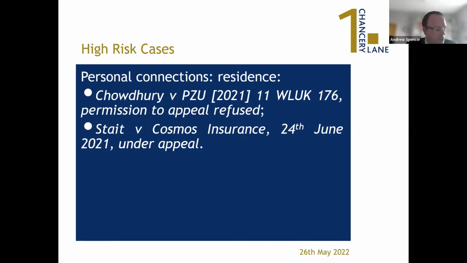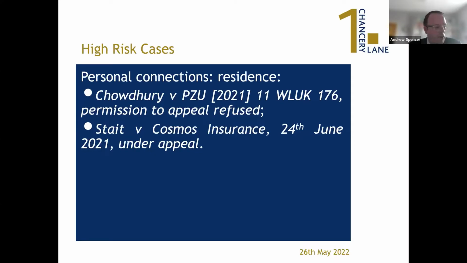And it was successfully argued that the claimant had not abandoned his place of habitual residence at the time the claim was issued, because he was intending to come back. Although he'd been in Germany for quite a long time, it was essentially temporary because he was having medical treatment. Now, this is a very different result to State and Cosmos. And the claimant in this case was in the RAF,